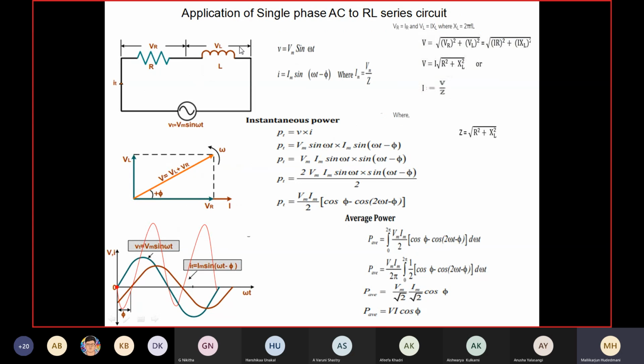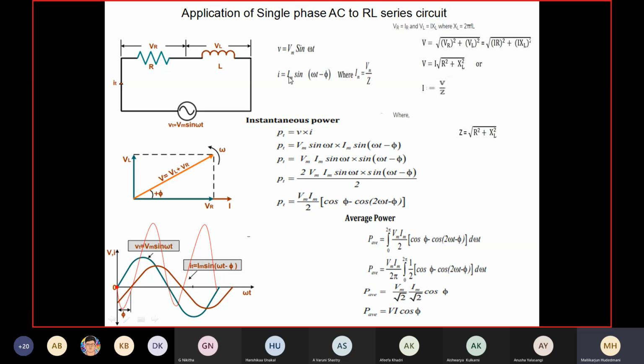Then what is this phi? We will see soon. Therefore, this is the angle called the lagging angle. With respect to voltage, current is lagging behind the voltage by phi. Then I can write from the vector diagram. So I am still here. To get this equation, this was my complete mathematical study.